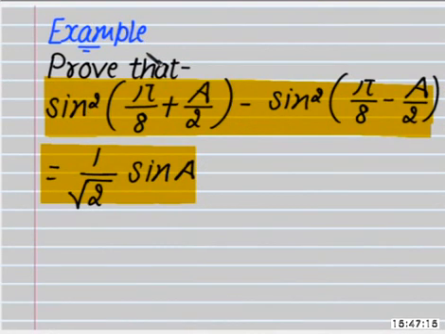Now let's see another example. Prove that sin square of pi by 8 plus a by 2 minus sin square of pi by 8 minus a by 2 is equal to 1 upon square root 2 into sin a. Now its solution. To prove this, we'll take left hand side,